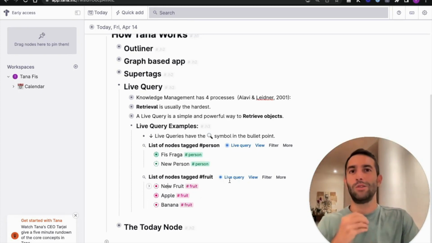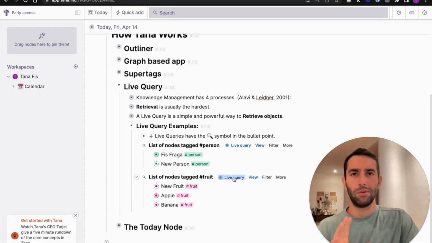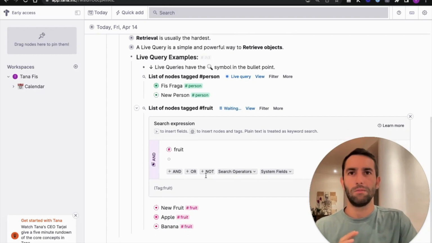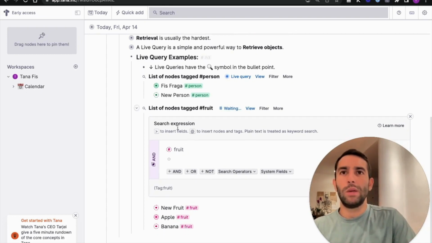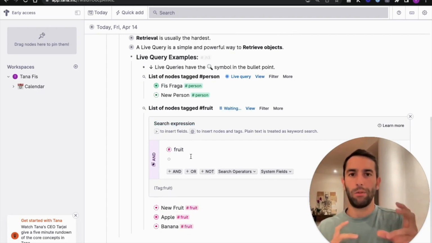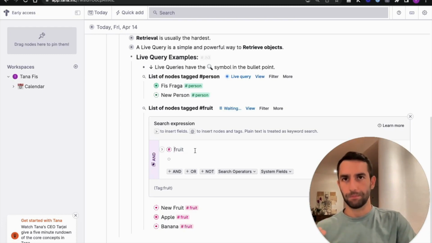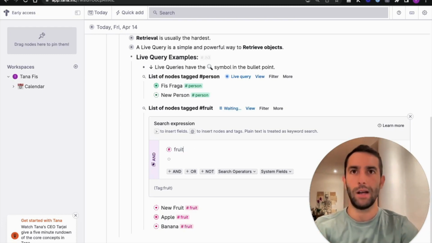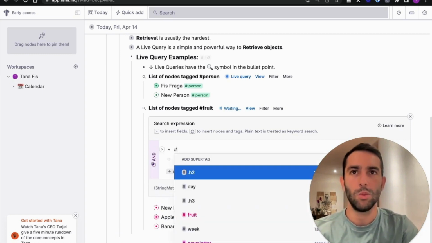Now, if we want to look at the structure of a query, it's quite simple, so I'm just going to open it here. We are basically defining what we want. Here there's this search expression, and I'm probably going to do more videos explaining this, but for now, you want to identify what super tag you want.